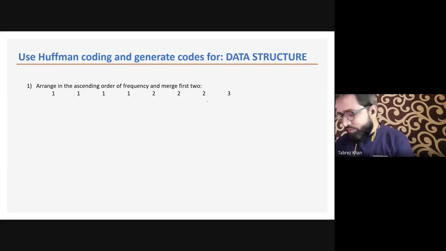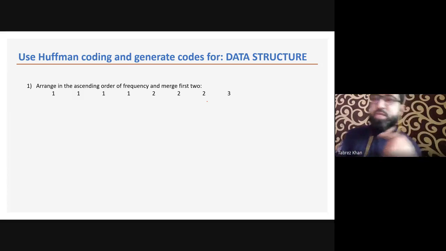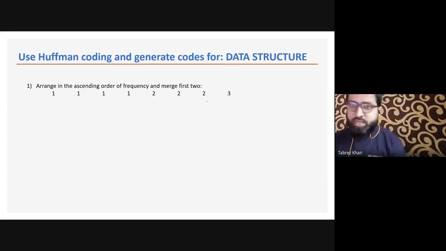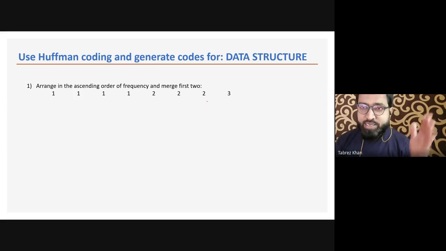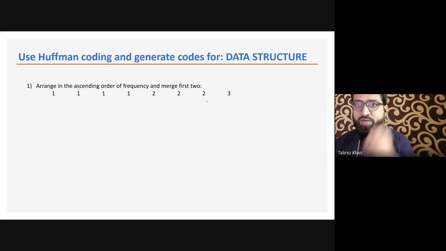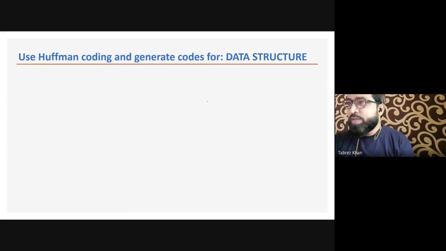Now, what do we do in the Huffman algorithm? In every step of the Huffman algorithm, we will be arranging the characters in the ascending order of their frequencies. So what I am doing here, I am not writing the character. Instead, I am simply writing their frequencies in the ascending order. So if I go back,